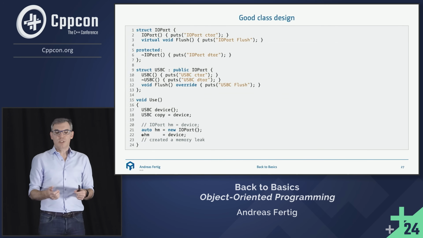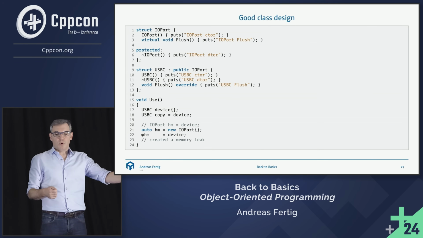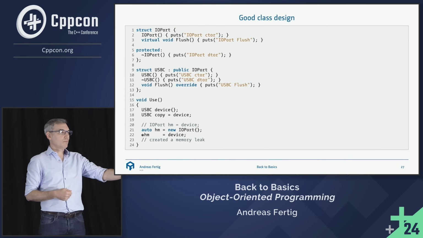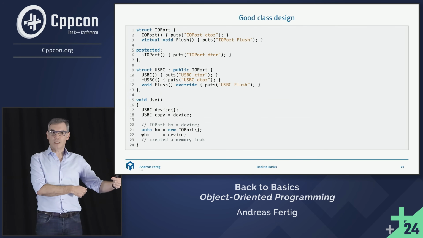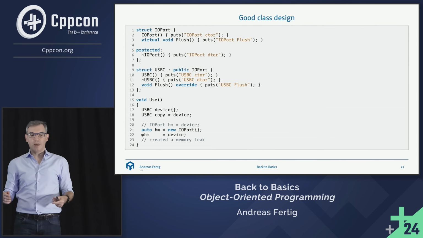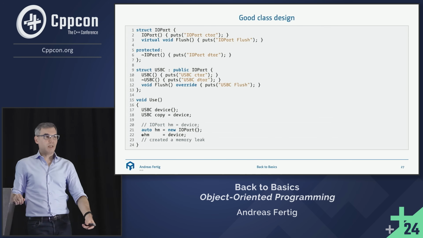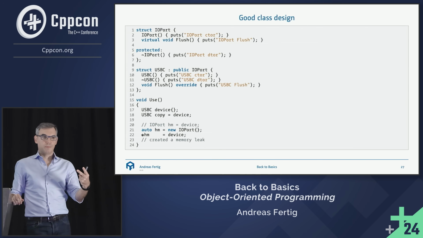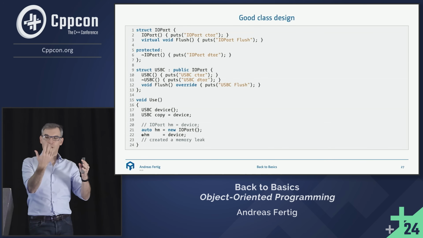And this now enables me to say, all right, I have this pointer here. I call it questionable because what I'm doing is questionable. But I can dereference that pointer and assign a device object to it. Because of the inheritance hierarchy, I can assign a derived class to a base class. I couldn't make the example bigger, it would not have fit on the slide, but use your imagination. Think about that my IO port class has a data member. My USB-C class comes with 2 data members. So if I'm assigning a derived class to a base class, when the derived class has more data to store than the base class,